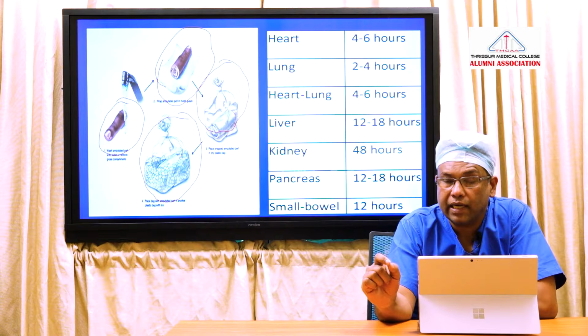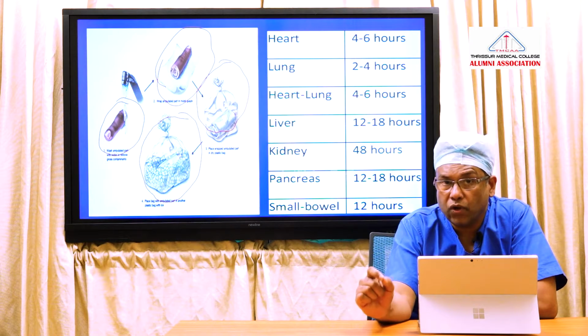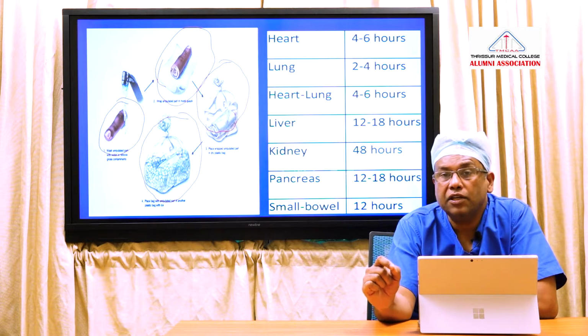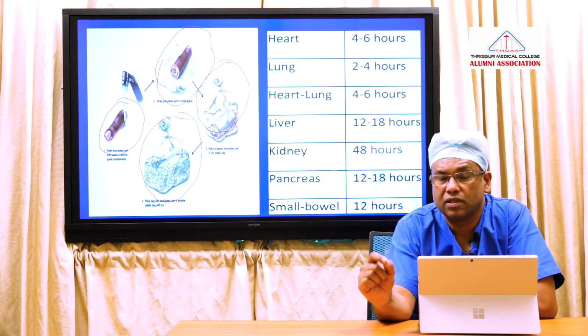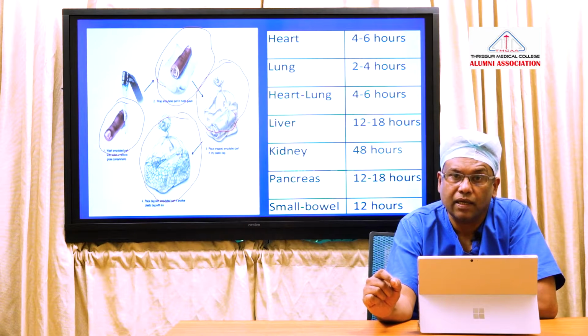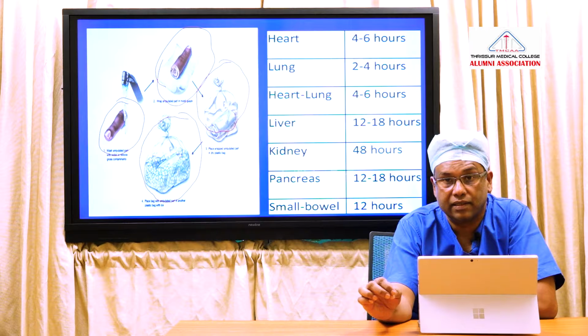Never put it directly with ice or soak it in water, but a moist gauze is ideal, and it should be transported at a low temperature, 4 to 14 degrees, right? Direct contact with ice will cause tissue crystallization.